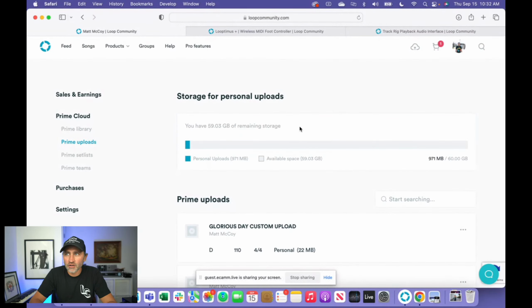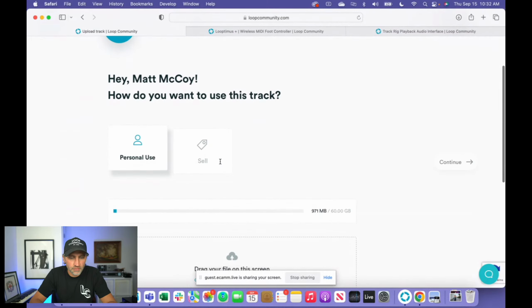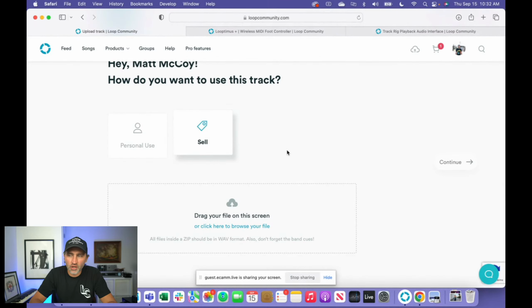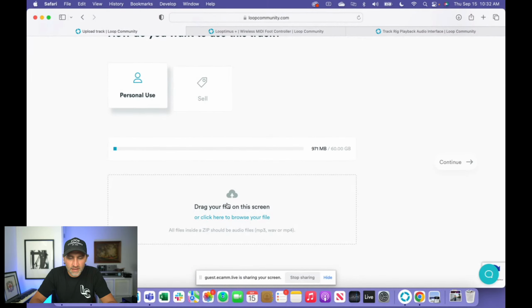So let me show you how you actually upload a track. I'm going to click the upload button in the top right corner of the screen. You'll see it's going to ask me, hey, Matt, what do you want to do? Like, how do you want to use this track? There's two options, personal use or for sale. This for sale is more for people who are community producers who upload tracks to sell on the website. This is not what you're wanting to do right here. If you're wanting to use it in Prime, you choose personal use, and then it's going to say drag your